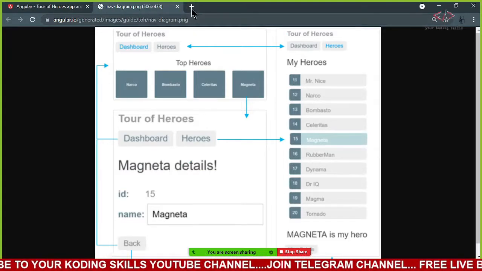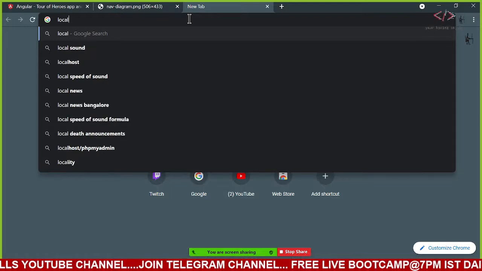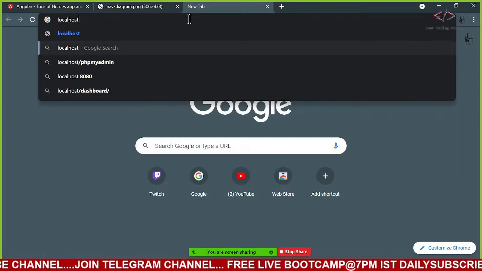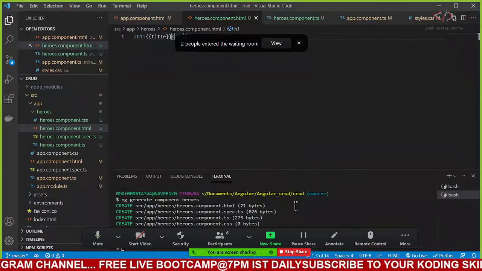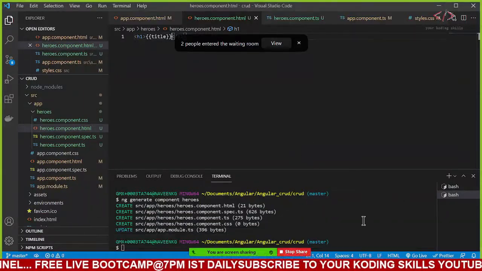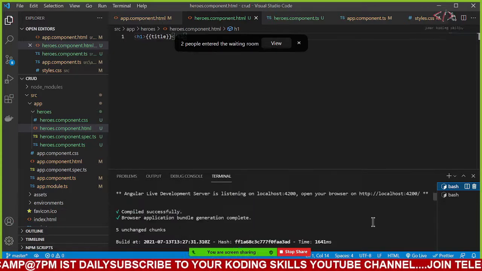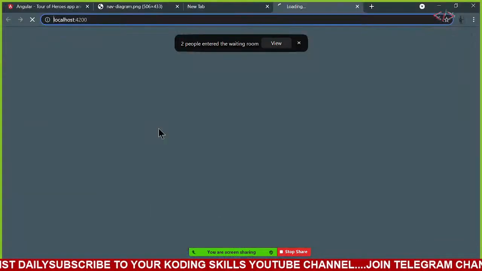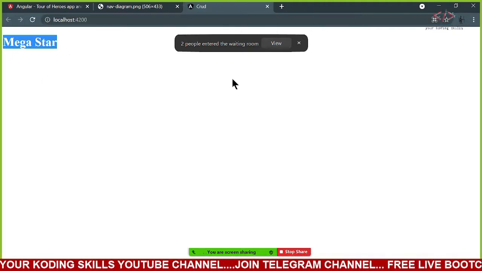So now let me go to localhost 4200. When I click, it will display whatever I have given.